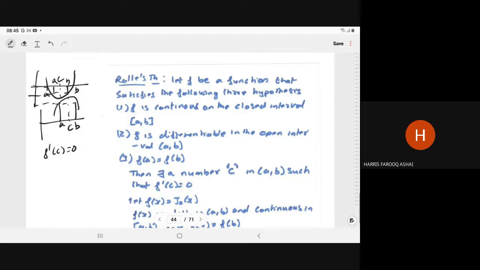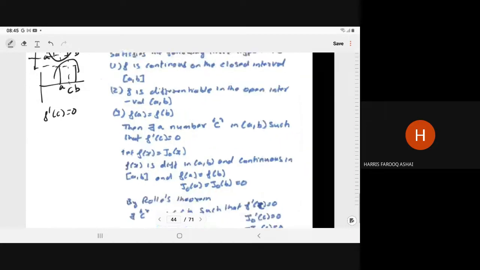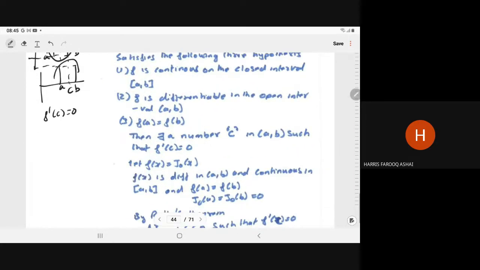So now we have to use the Rolle's theorem for this. So let us assume fx is equal to j naught. Now we will prove that between the two consecutive zeros of j naught there is one zero of the j1. So let fx is equal to j naught. So j naught is differentiable in the open interval ab, and j naught is continuous in the closed interval ab, and fa is equal to fb. What is the meaning of the fa is equal to fb?